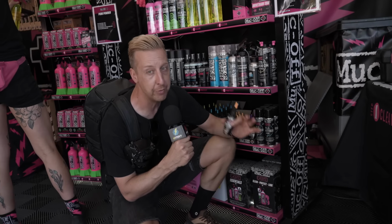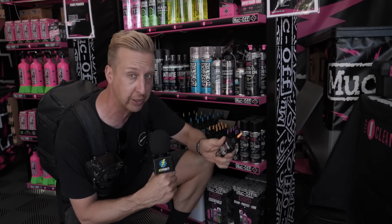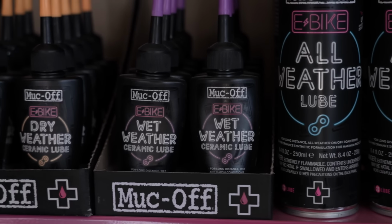So when it comes to lubes, you might be thinking a dry lube's a dry lube, a wet lube's a wet lube, but actually there are some subtle differences that do make the e-bike specific ones much better for application. Now, one of the key ingredients in all of the e-bike lubes is boron nitride, so that's something that really